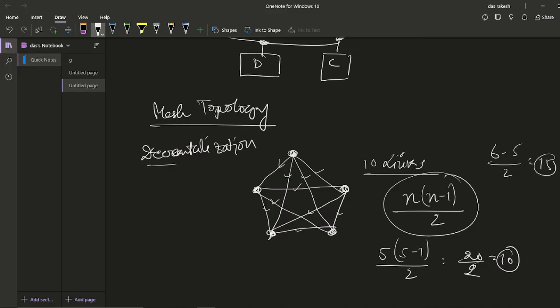This decentralized approach has more advantages than the centralized one, because there is no central server. If a connection fails, or a node starts malfunctioning, for example, say these are node A, node B, and node C. If we send information from A to C, it can go directly, or via B. If this path or this node starts malfunctioning, there is no problem, because there is another path from this node also.